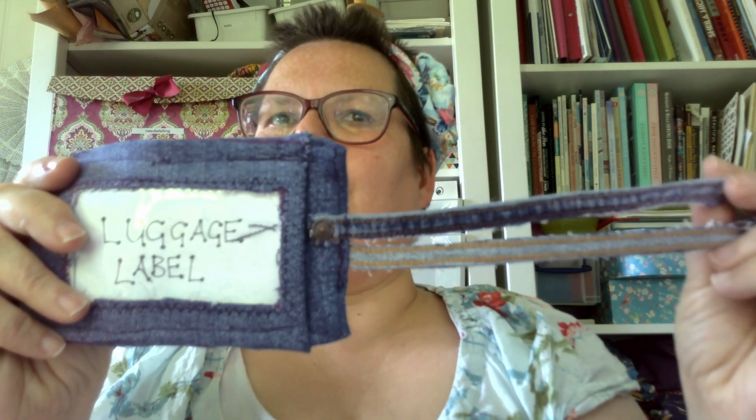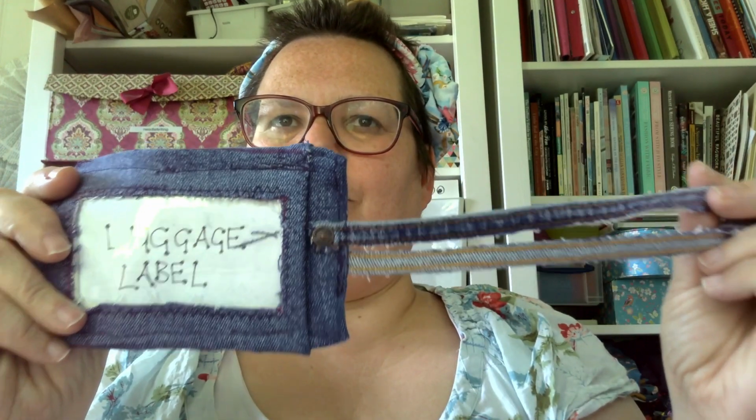There's a lot of hot glue coming up. I did de-stitching mostly on this one. So luggage label, made a little pouch. I say pencil case, they've got to be quite small pencils. It's stuffed just with some of my scraps. I really only had like 2 handfuls of very tiny scraps left, but it's lined with one of the pocket linings. I stitched the label from the back of the jeans onto the front of this,